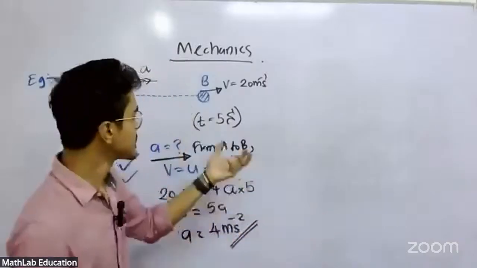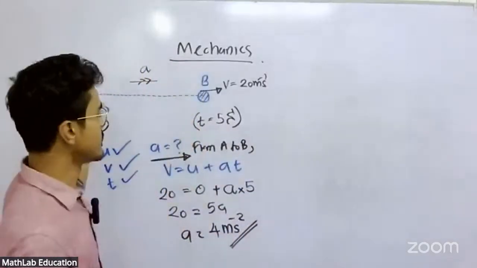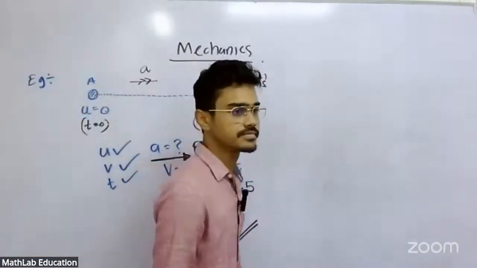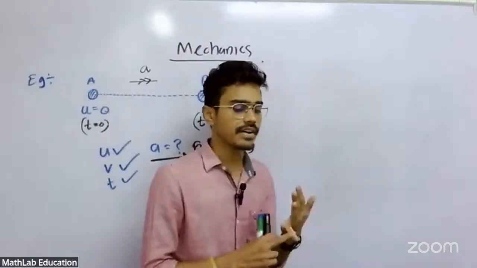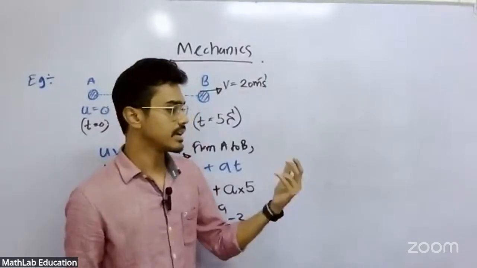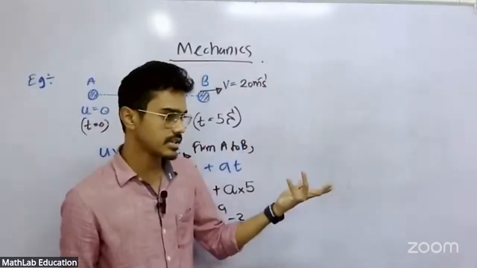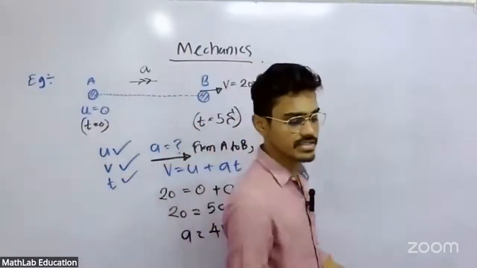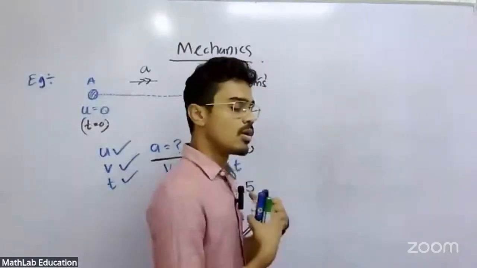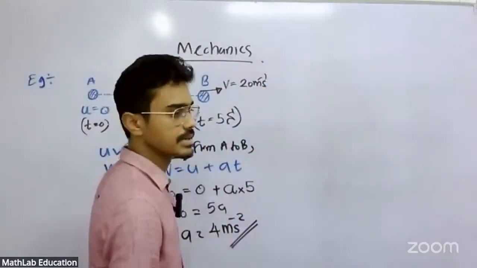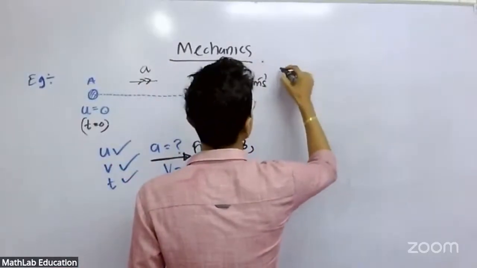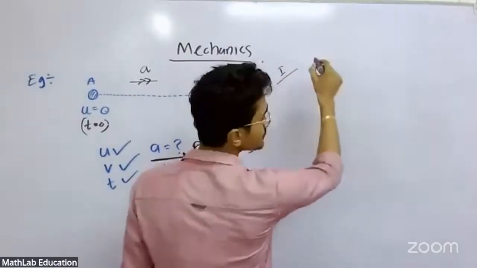Since we have initial velocity, final velocity, acceleration, and time, there are multiple options available. S equals ut plus half at squared can be used. Or else if needed, v squared equals u squared plus 2as can be used. All the other equations can be used to determine displacement, and from all the equations you will get the same. So I'll show you two methods. First method is you can use S equals ut plus